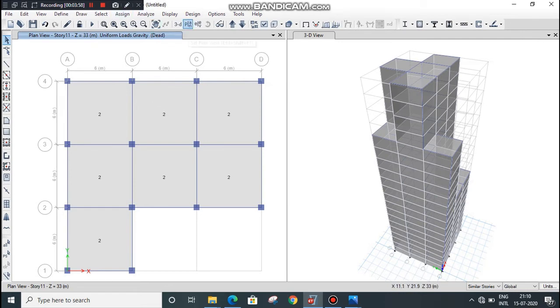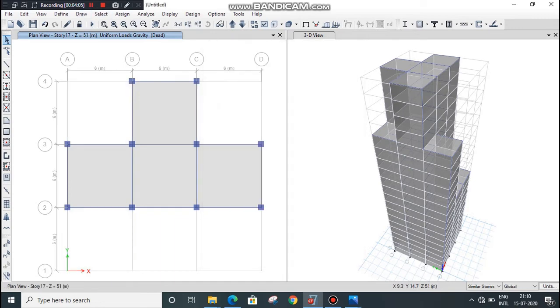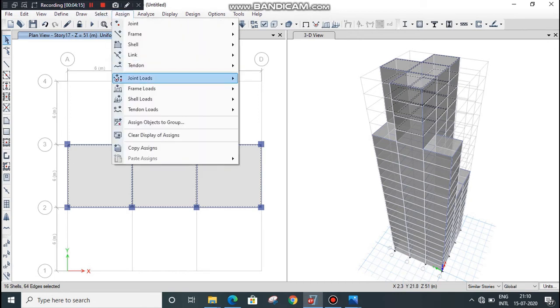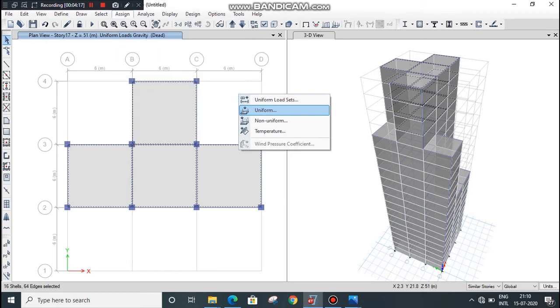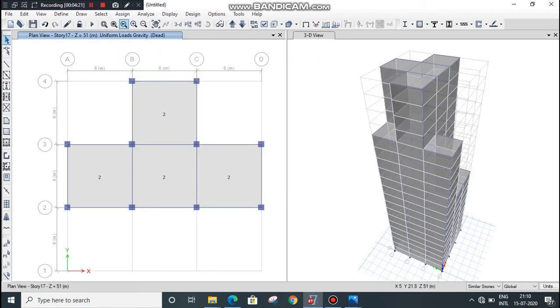Now go to plan view option and select story number 17. Click on OK. Select all the slabs from story 17 to 20 and go to assign menu, shell load and uniform. Select dead load at 2 kilonewton per meter square.